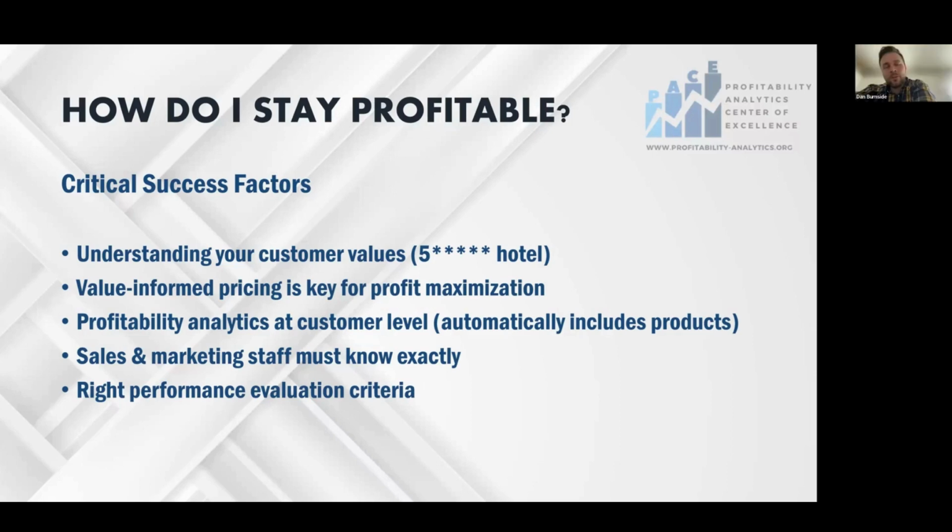If I'm understanding the question correctly, it's whether the bundles are considered with operations, and if they are then gone back and analyzed later. I would say that's most certainly true. Initially a decision's made, but I don't think I've ever worked at an organization where we made a decision and said, yep, that's good. Usually there's some sort of metric for whether it was successful or not. Especially if the person who made the decision is trying to get promoted, they're going to have to show impact. So I think it's always measured, and when you make a decision to bundle or unbundle, you need to have a way to measure it.